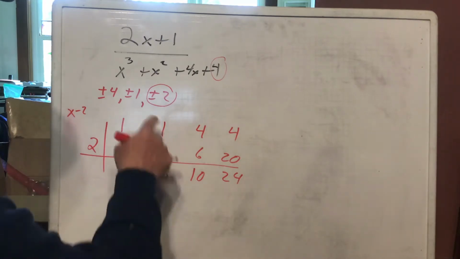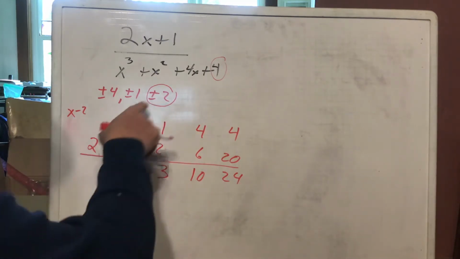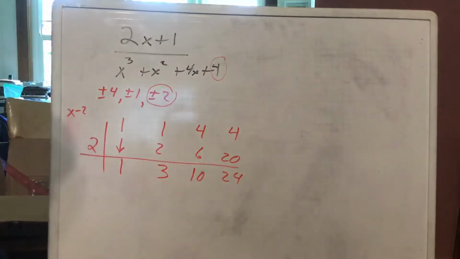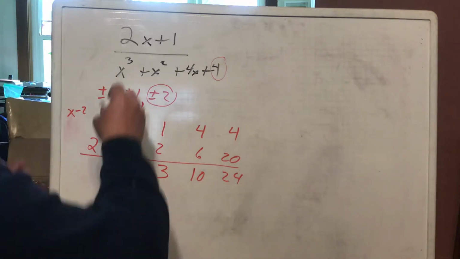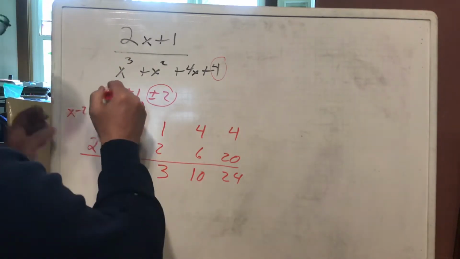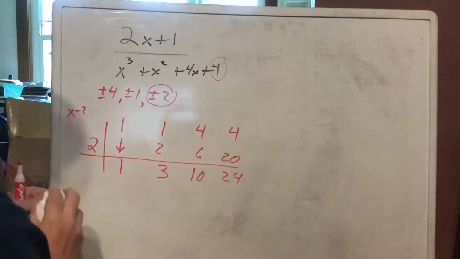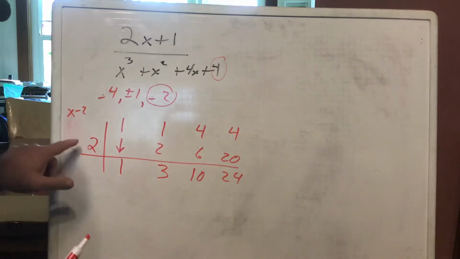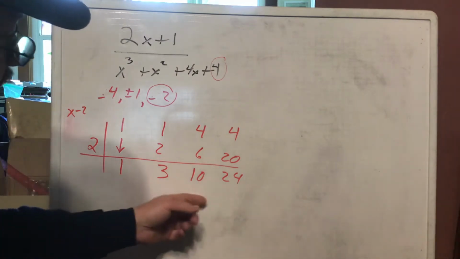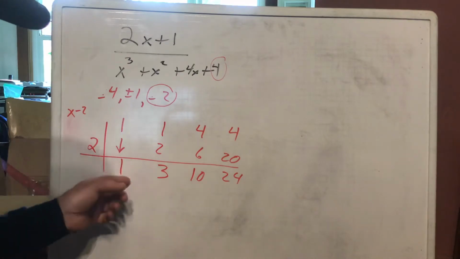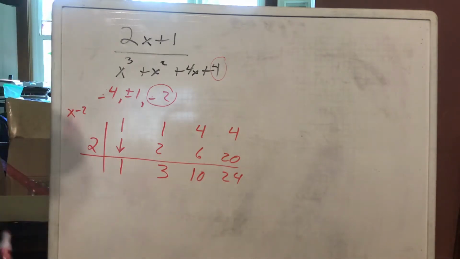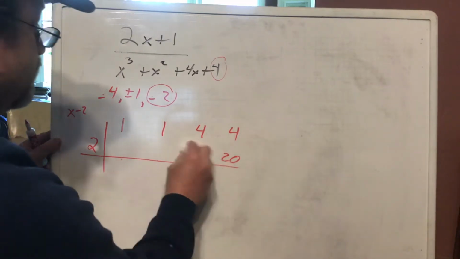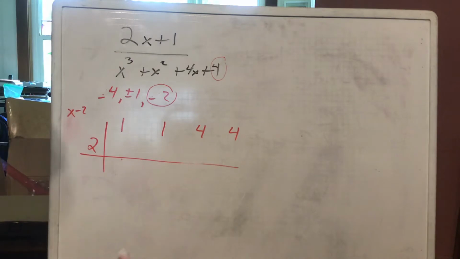But not only that, that means we can knock out 2 as being a potential factor, but also we can knock out 4 as well. Why can we do that? Well, and I'm not going to mark out the entire 4, but the plus 4 and the plus 2 are no longer possibilities, because when I put plus 2 here, these numbers were all positive and they were getting bigger. That means if I was to put 4 here, they'd get even bigger. So it wipes both those out. Okay? So I went from having 6 potential roots to now only having 4 potential roots,